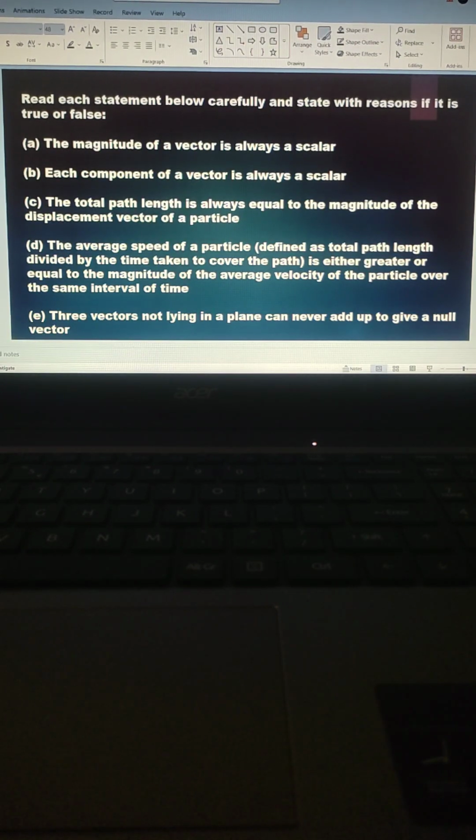Third: the total path length is always equal to the magnitude of the displacement vector of a particle. Fourth: the average speed of a particle is either greater than or equal to the magnitude of the average velocity of the particle over the same interval of time. Finally, three vectors not lying in a plane can never add up to give a null vector. The answers are,